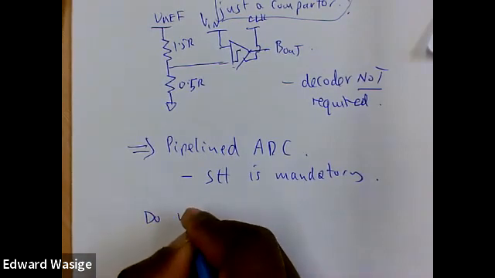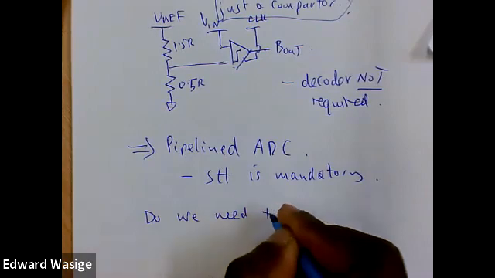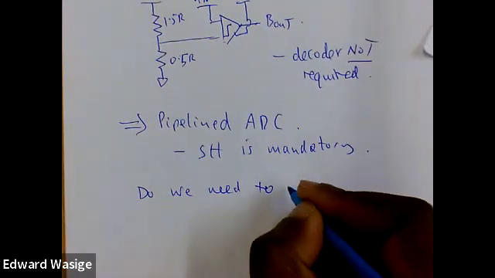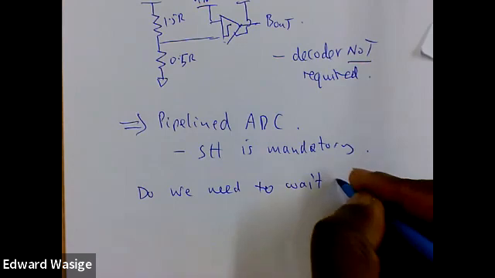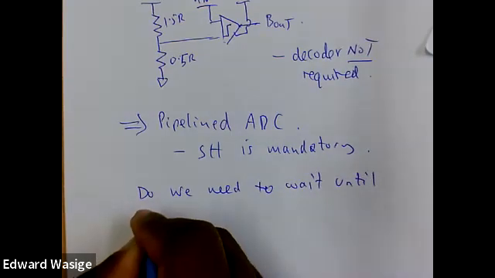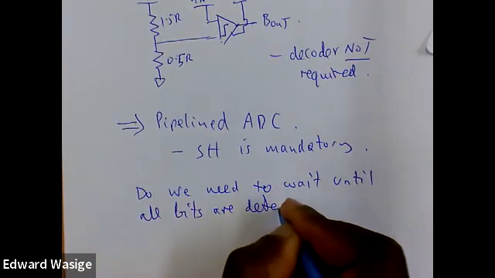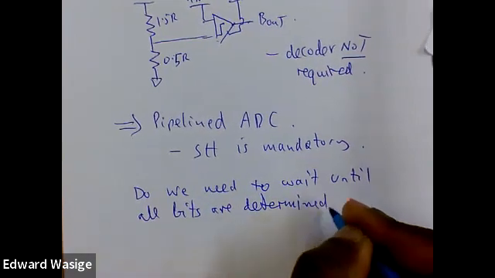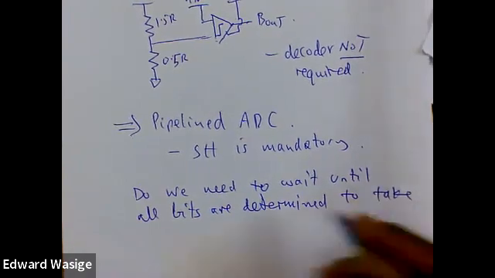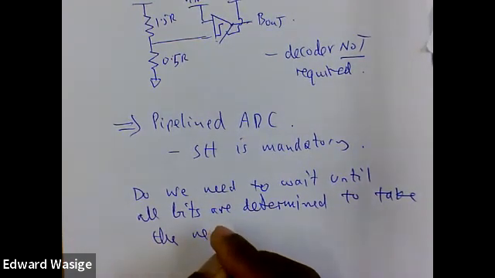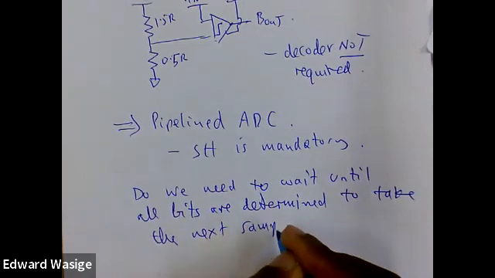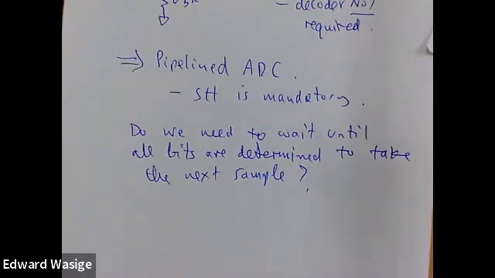One question that we need to answer is, do we need to wait until all bits are determined to take the next sample? So an important question about this architecture, the so-called pipeline architecture, is whether we need